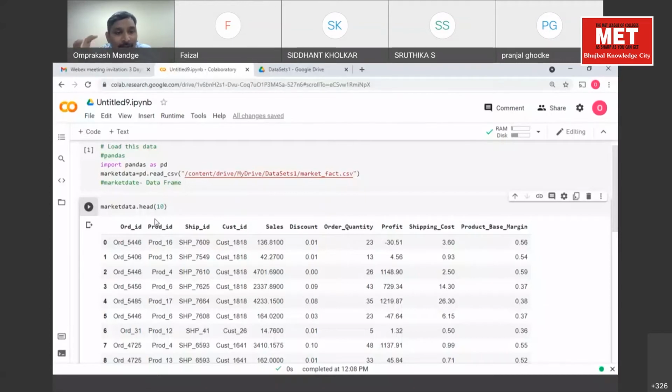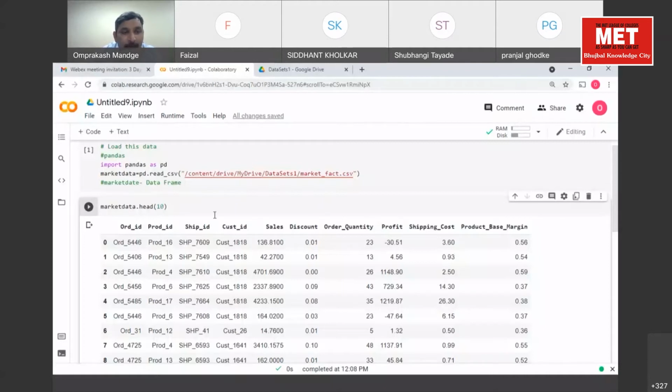A data frame consists of columns and rows. Columns are named with English-like words, so we use names for columns, whereas rows are numbered starting with 0.